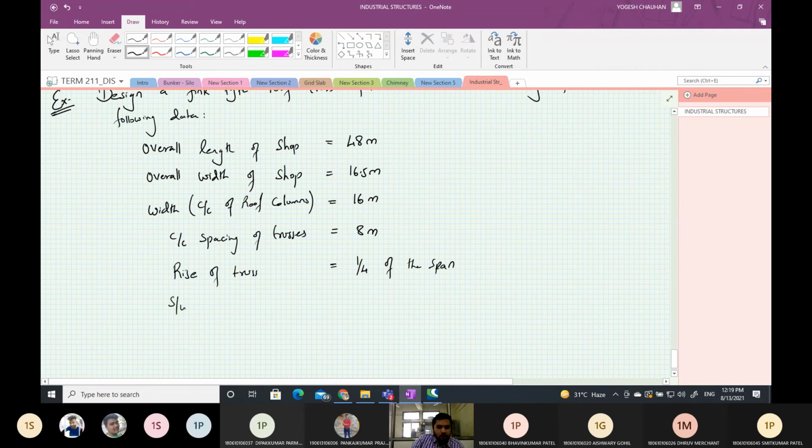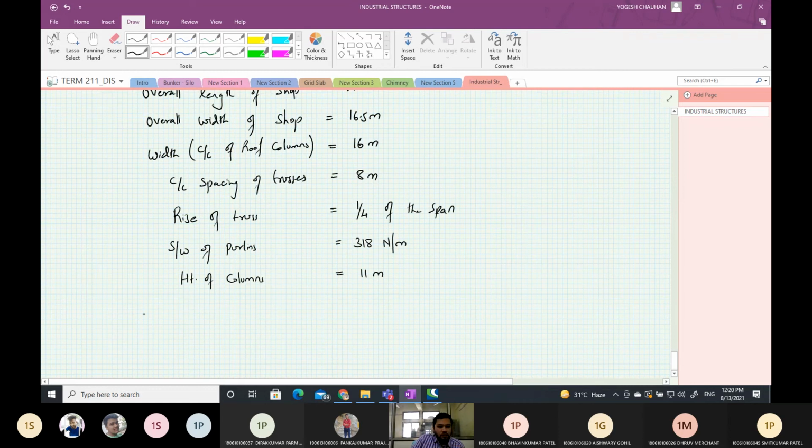Then the spacing of purlins is given to you. Otherwise, you have to obtain it from IS 875 part 1, or you assume some value based on past experience. Then the height of column is 11 meter.